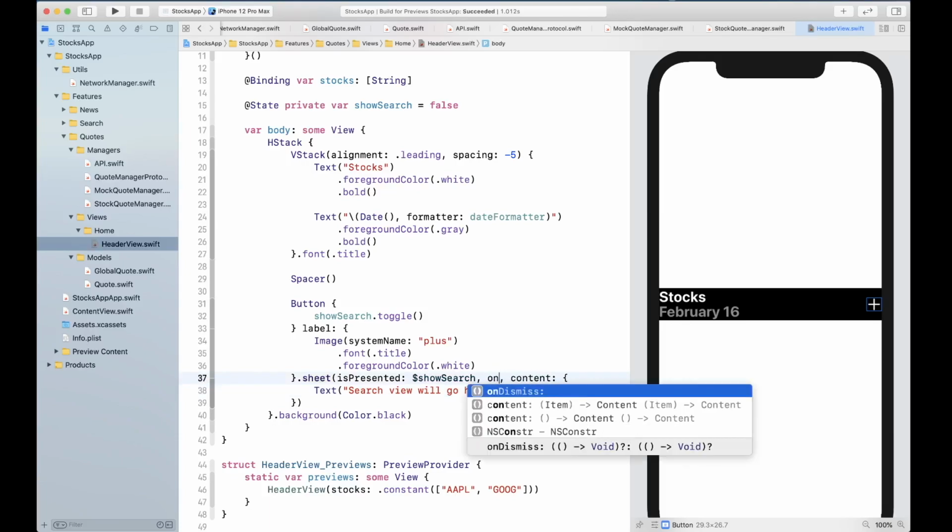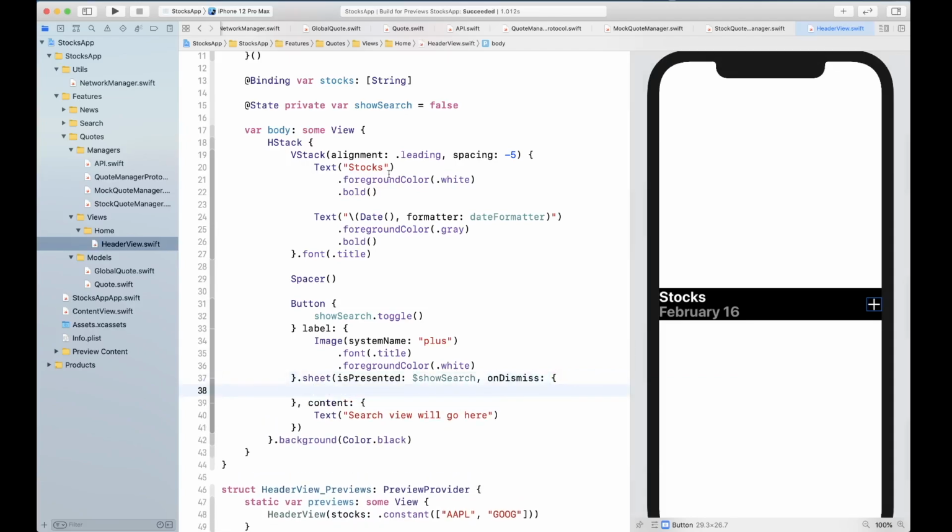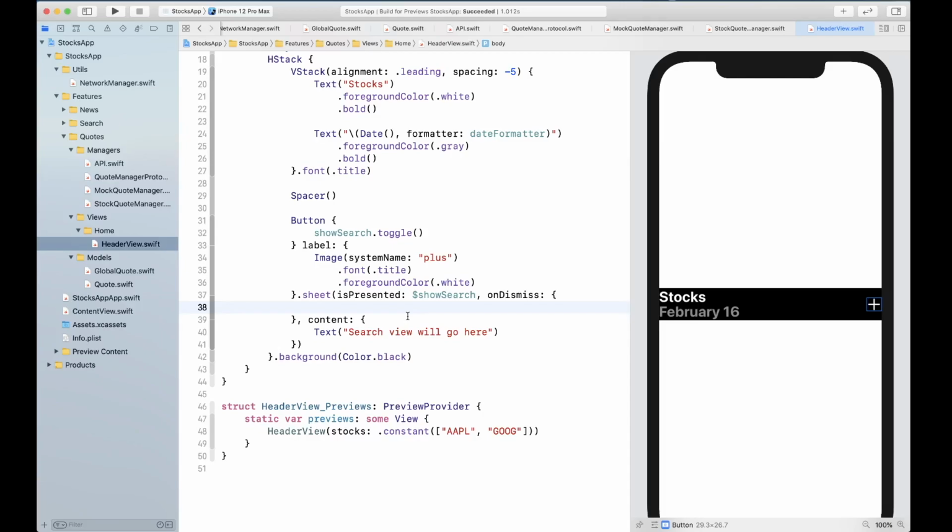So on dismiss, and this guy for now is going to be empty, but we're going to come back and populate this when we start saving our data. Basically, when we start saving our stocks that we have searched into the user defaults. Okay, so we're gonna leave it empty for now.